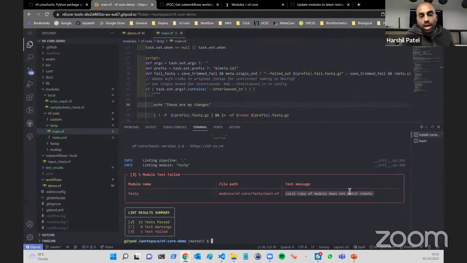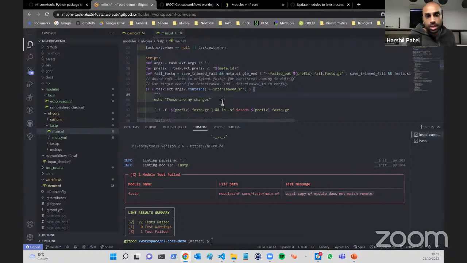And so the main reason behind doing that, obviously, is because you need to know what version of a module that you've installed and be able to track that. Especially, say, for example, when you want to update the module, you need to know exactly what hash you have and where you want to update it to. So there's a really cool tool that we've also got in this package that allows you to patch this particular module. So now you can see the linting is failing because the local module that you've now changed doesn't match what's on GitHub. So what you can do is